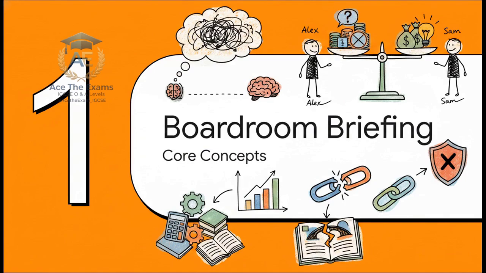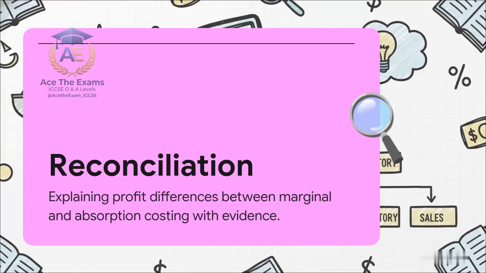Let's establish our core concepts. Okay, in any high-stakes corporate environment, before you can fix a bleeding balance sheet, you have to actually understand the underlying mechanics of the business, right? To frame this, I want you to imagine two junior associates that I audited just last week. Let's call them Alex and Sam.